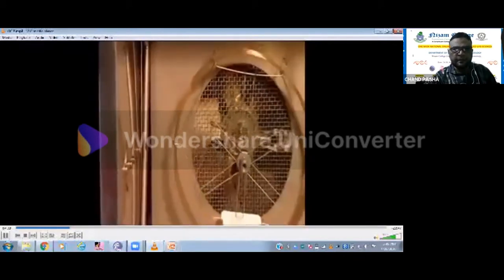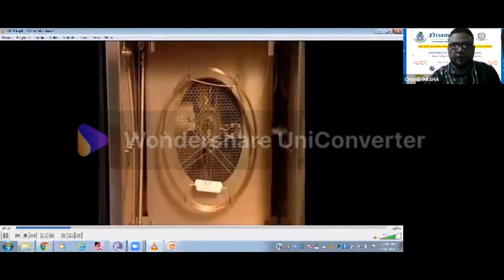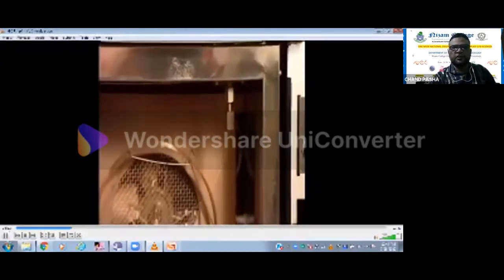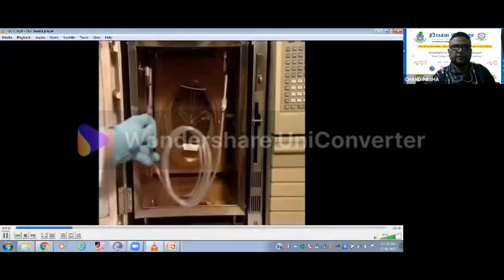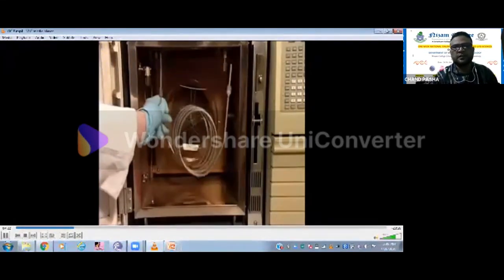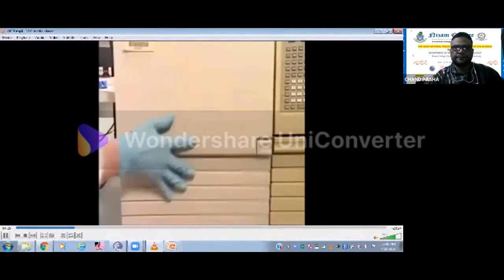And there will be a central fan which will be circulating the heat uniformly. Air is a bad conductor of heat, so if you just allow it, uniform temperature may not be coming. And this goes to the detector. And this is the packed column. You can see that is 100 meters almost. This is going to be hardly 1 meter or 2 meters. But the lumina is going to be larger in case of packed columns.